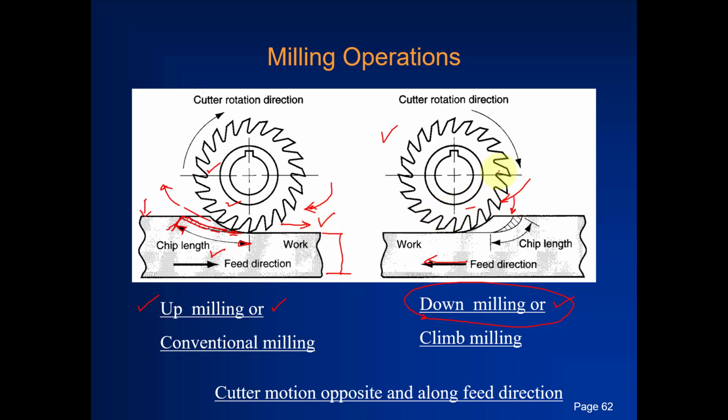Second thing is that when this cutting tool enters the workpiece, the thickness of the chip is large and it is going to decrease at this point. So you can see chip thickness is large at the start and less at the end, and the chip length is also less. So it means that the cutting tool is engaged less as compared to up milling. So the tool life of the milling cutter for down milling will be larger as compared to the tool life of the milling cutter used in up milling operation. Clear?